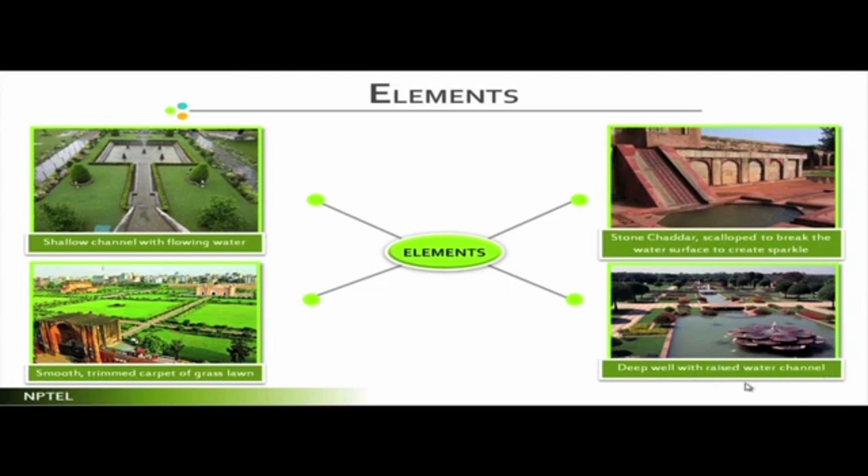Deep well, because in Spanish landscapes they were endowed with sloping hills. So, the molten snow water used to come by gravity, but in Agra it was flat. Of course, in Agra, whenever this Taj Mahal was built, the Yamuna river was next to it, but it was at a higher elevation and Yamuna was lower. So, they had to resort to lifting of water and then flowing, contrary to the Spanish. In Spanish it is a gravity flow, but in Mughal the water was lifted up either from the well or from the nearby river, and then ultimately through an elevated channel waterway